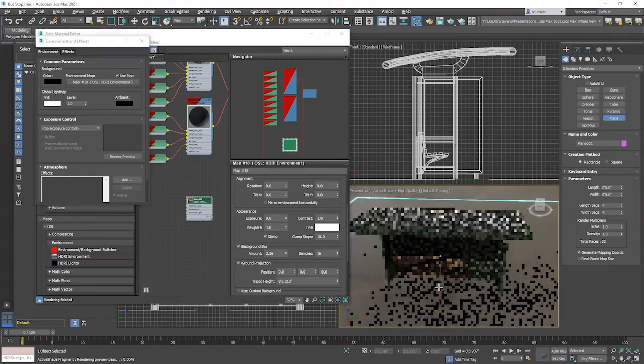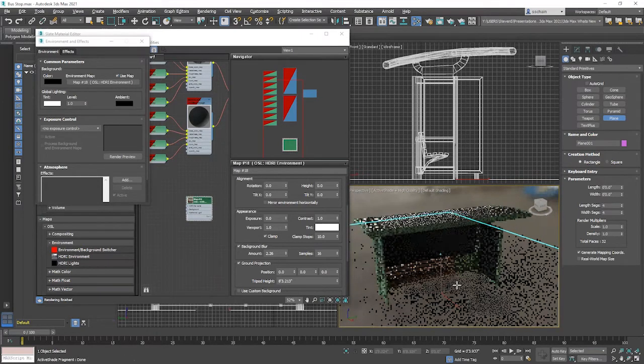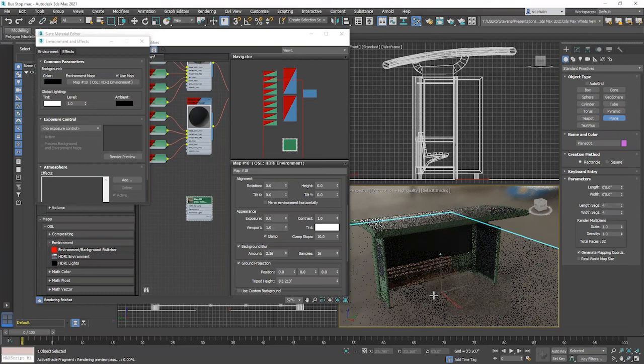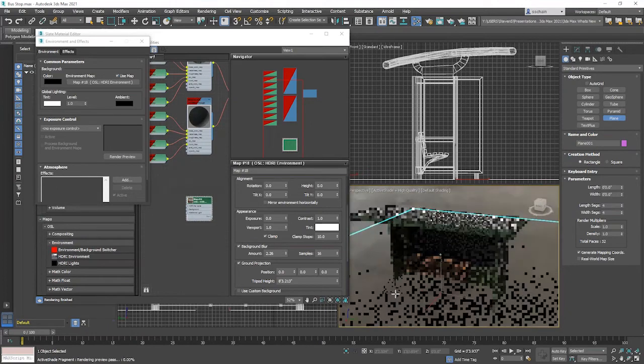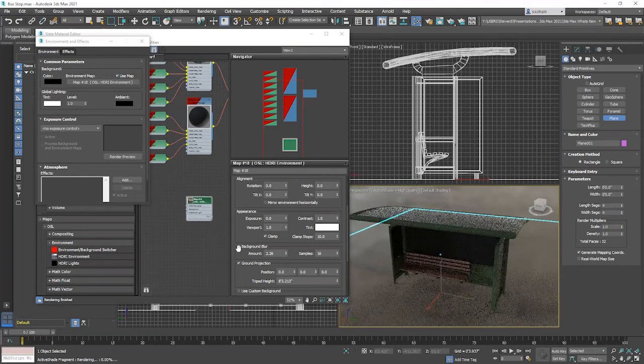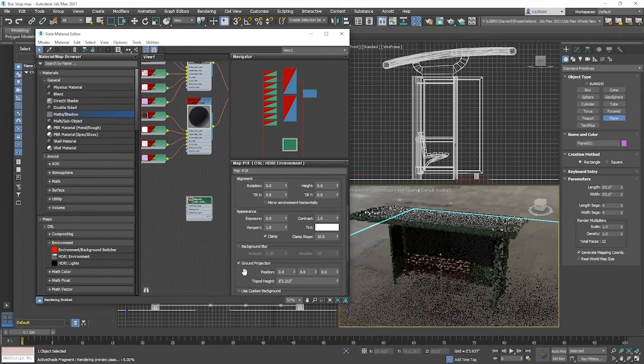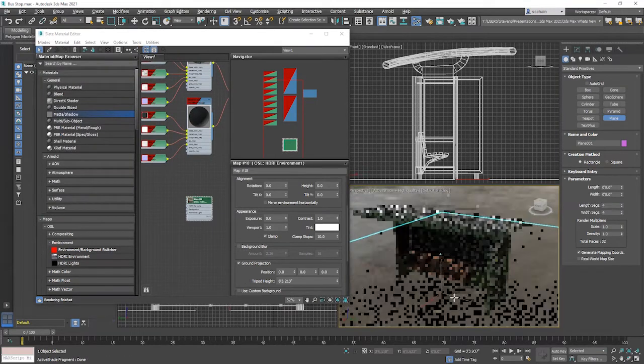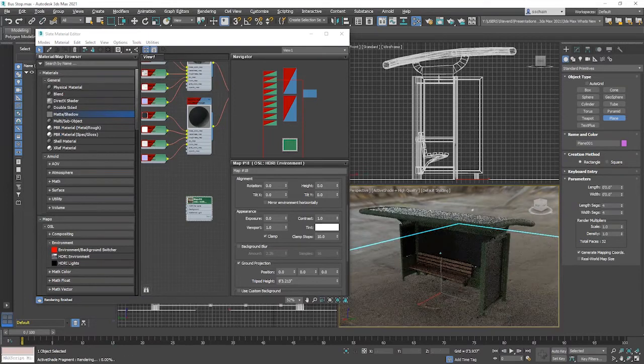All right, so this is Arnold in active shade directly in the viewport. And you'll see that I'm getting these rendered shadows on the ground from that matte shadow plane. I can also turn the background blur off. I'll speed things up a little bit. So this is a great way to work